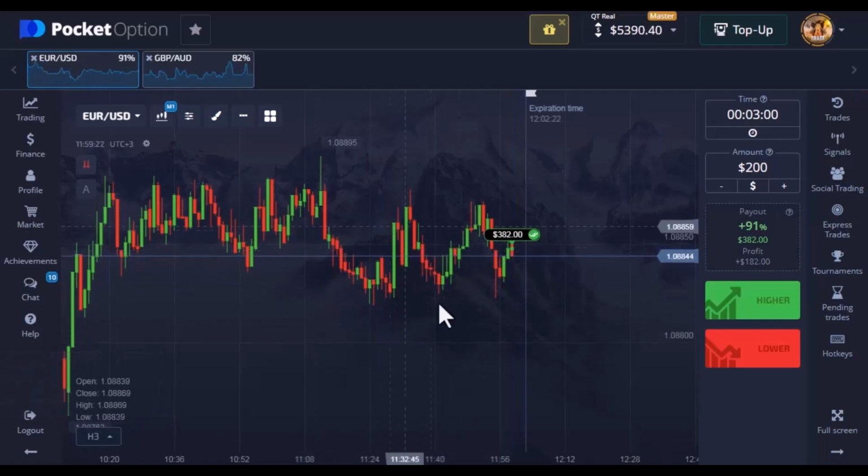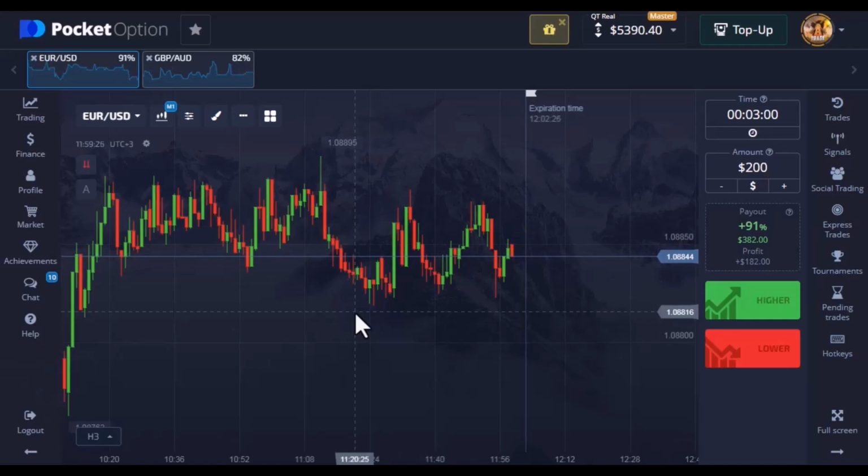And now, guys, before we continue, I can see that our first currency pair for today gave us the desired